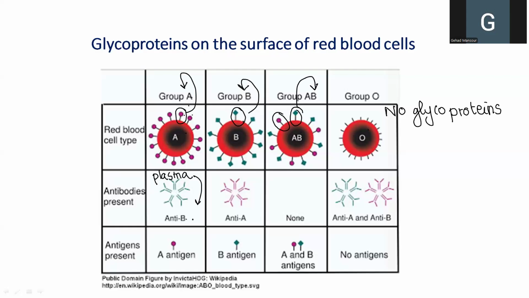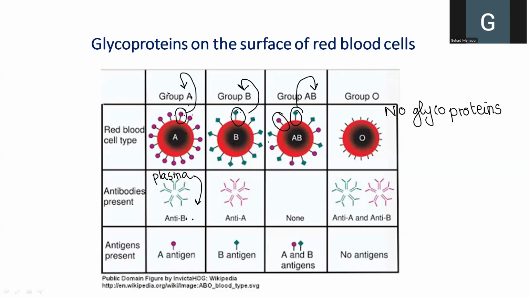They are antibodies against other glycoproteins, and this is helpful to prevent mixing up of different types of blood or intrusion of foreign types of blood inside your blood. And they help, of course, characterize the identity or part of the identity of the individual. So when you are of group A, then you have